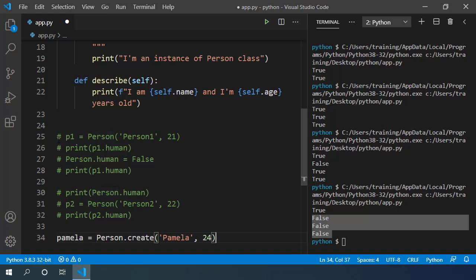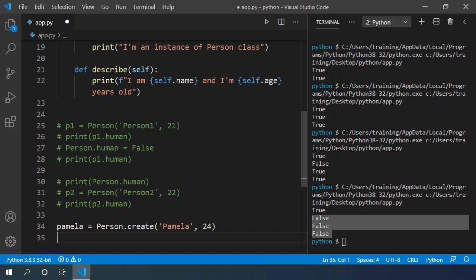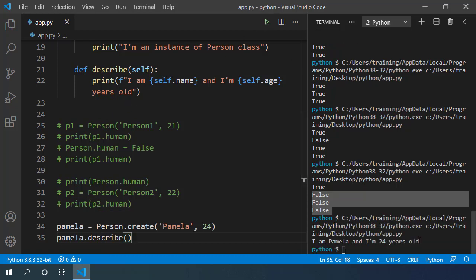Now we can invoke the method describe on this object, and let's execute this and see it creates this message. So that's how you can create a factory method to abstract out the logic of object creation. Class methods are useful when you want to perform some action on a class level instead of on an object.